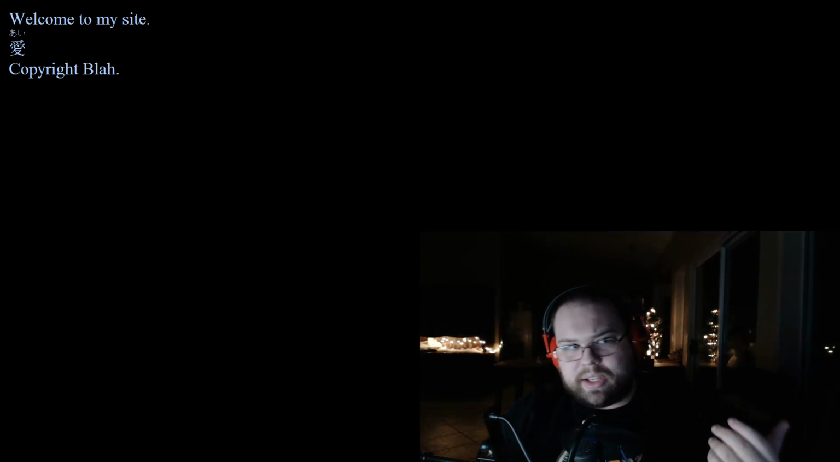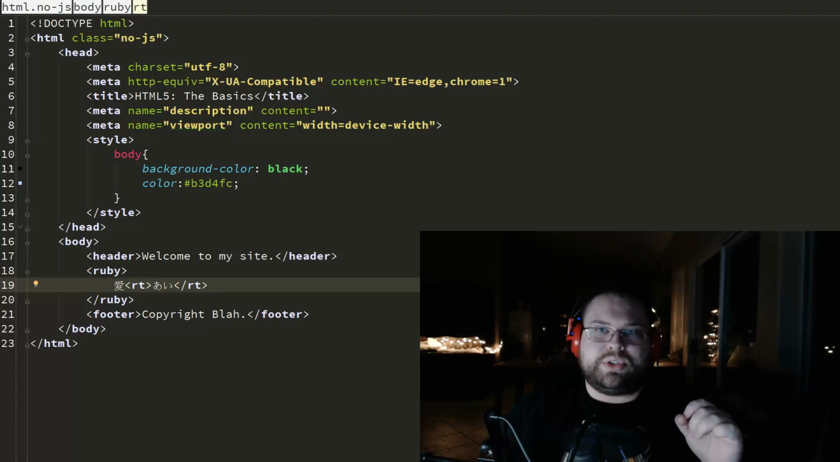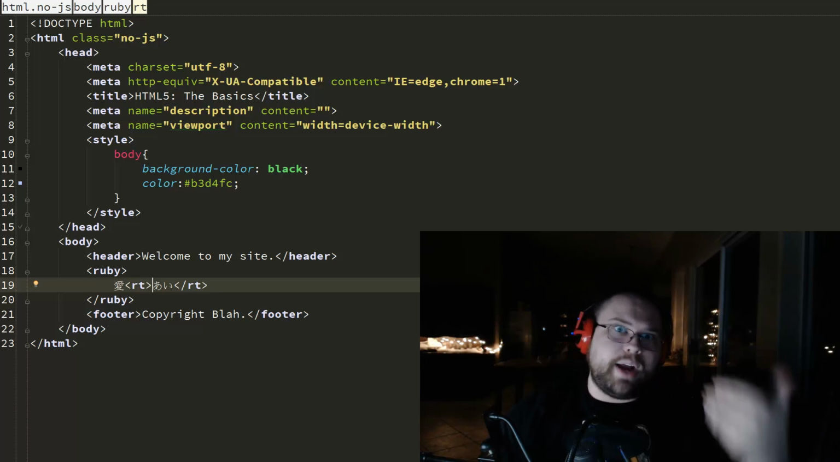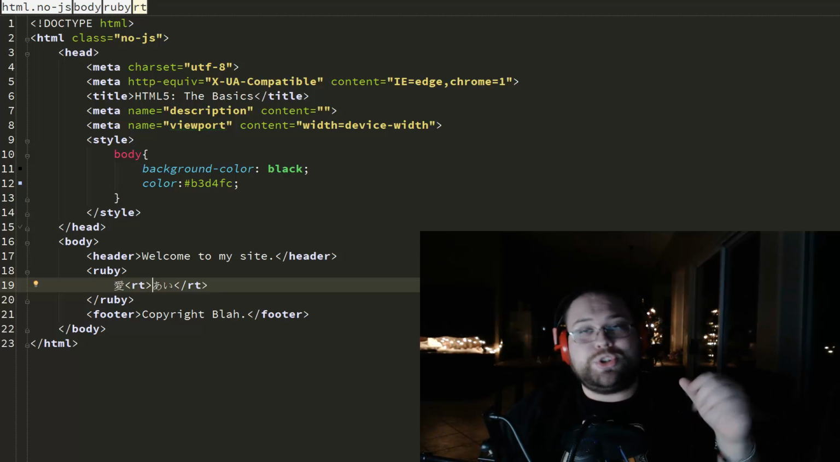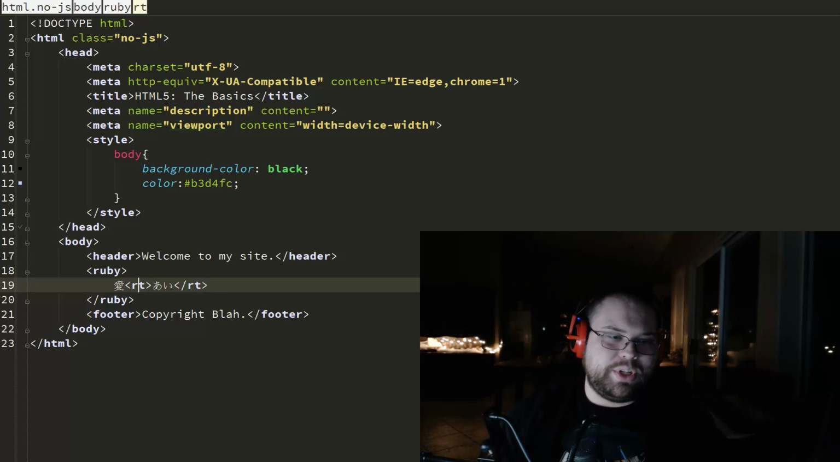So the next symbol, remember there were three of them. Now the next symbol is actually the RP tag. Now the RP tag is used to define symbols or characters that should appear should the browser not actually support the Ruby or the RT tag. So basically what we would do in this case, since we don't want, if you were to read this without